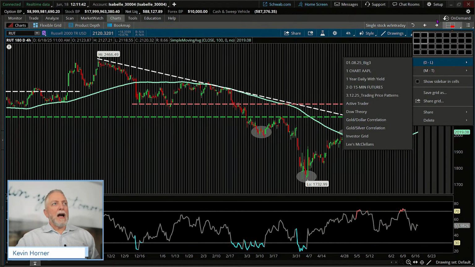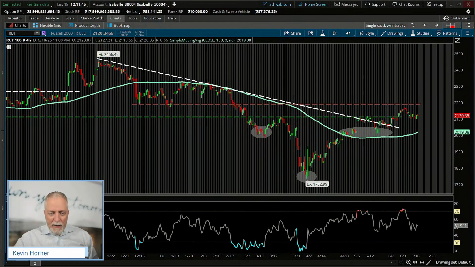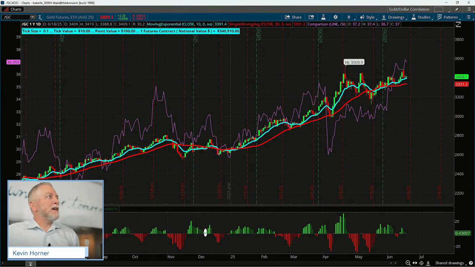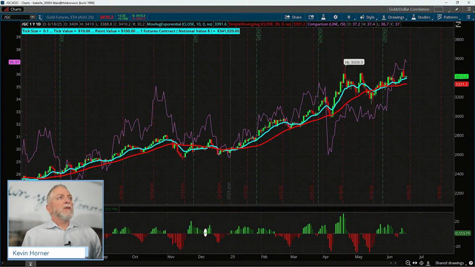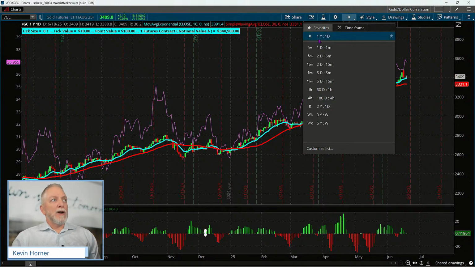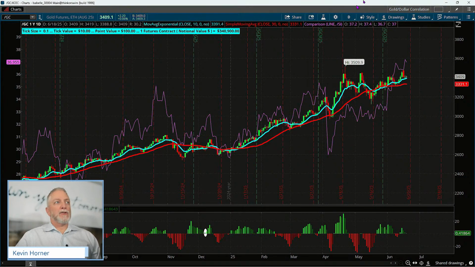So I happen to have one grid already loaded that's different than what I normally maintain, and it happens to be very simply a comparison grid of price movement in the futures quote of gold versus the futures quote of silver. And I'm only bringing this up again, not as an encouragement for you to use it, but more specifically an understanding of what can be done within this tool. Create a chart or a multitude of charts. Maybe it's not just a daily look here, which is what we've got. 1 year, 1 day, comparing gold and silver futures.